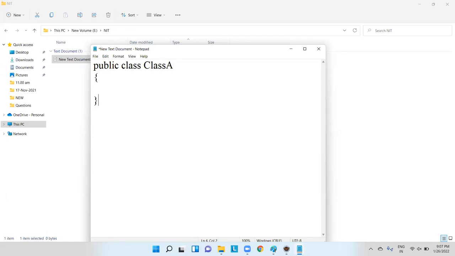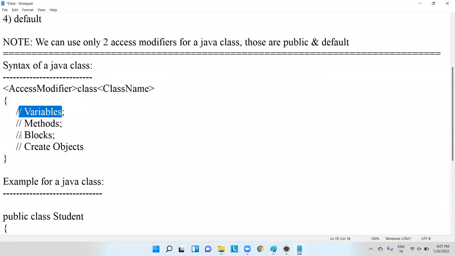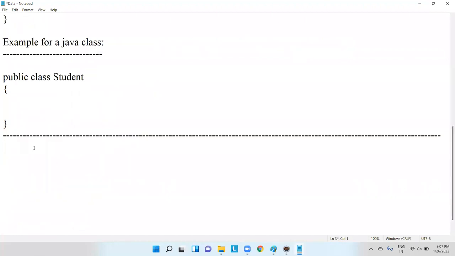Inside a class, guys, I can write variables, methods, blocks, and I can create objects, right? Now, I'm going to write a small note point, that is,